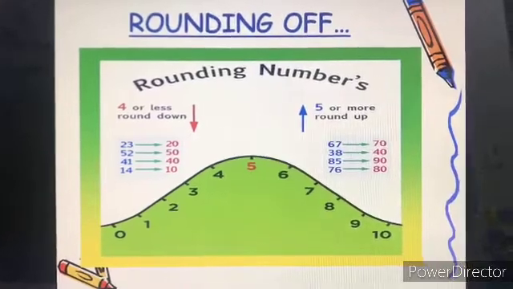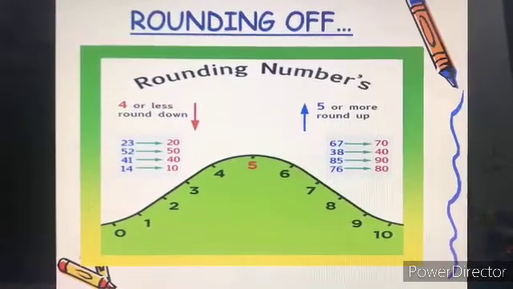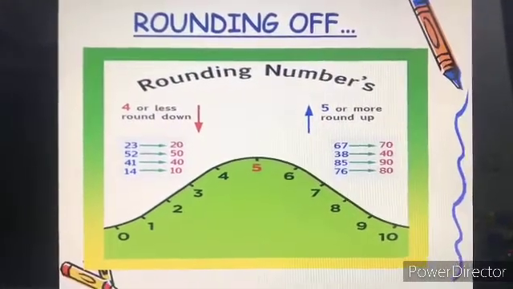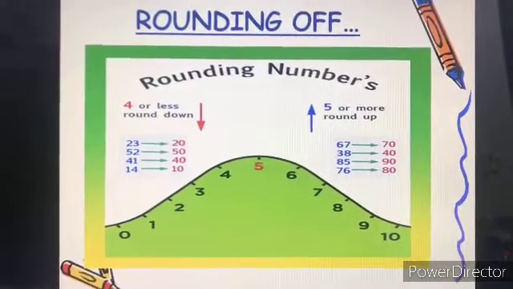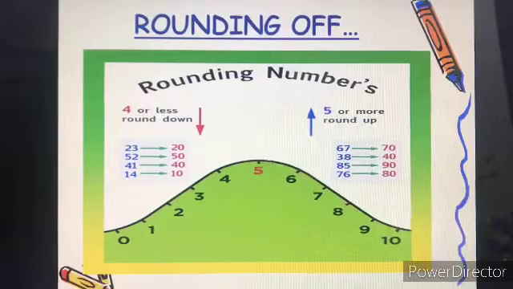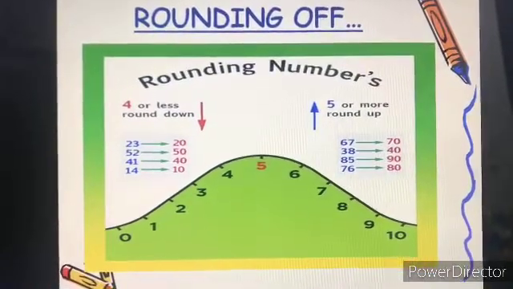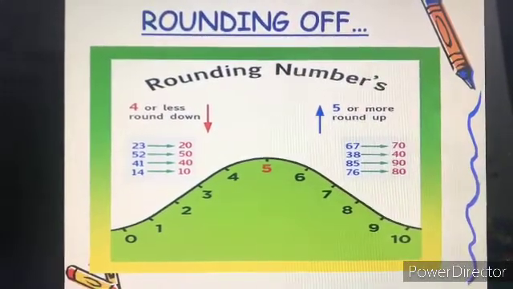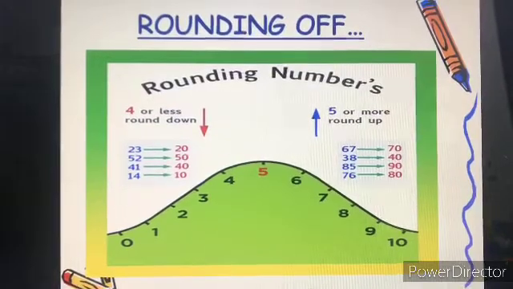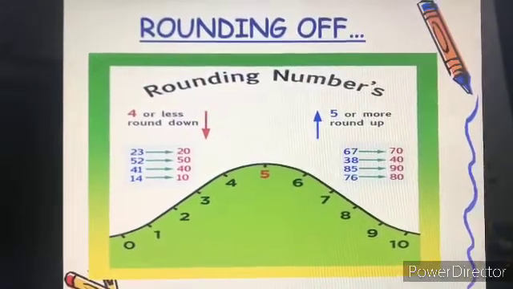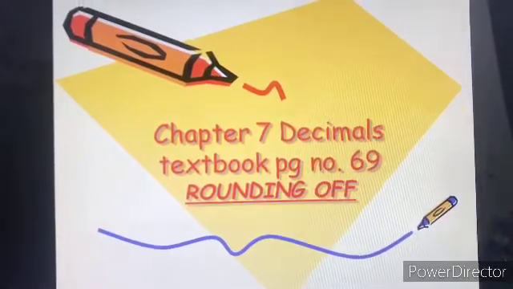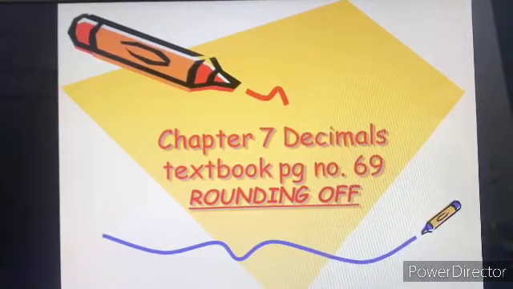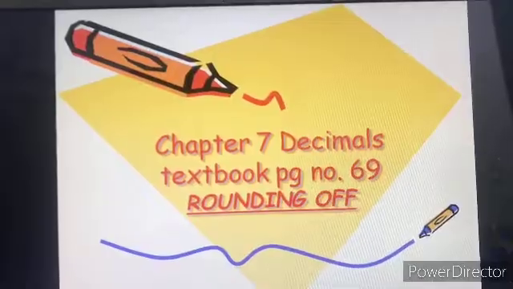So that's all for today. You learned how to round off the decimal point also. You will apply the same rule. If it is less than 5, you will not change the whole number. But if it is 5 or greater than 5, then you will add 1, increase the whole number by 1, and write it as a rounded-off figure. Revise the whole chapter thoroughly and complete all the exercises in the textbook and in the activity book.